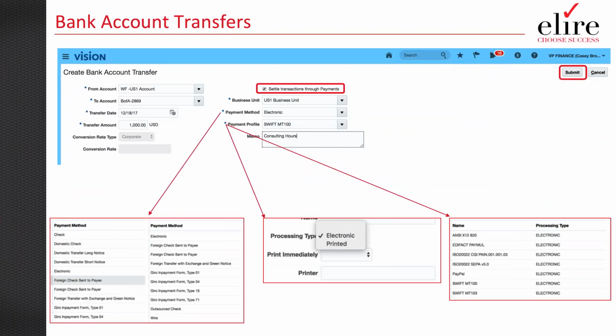First and foremost, we want to talk about bank account transfers. The easiest way to think about bank account transfers is that it's really a book transfer between any 2 of the accounts your entity has defined within the application. So if you're Elire Inc., you might have multiple external bank relationships, but you have a need to fund across banking structures. One of the things that we find is that many users, both in Oracle Cloud and other Oracle applications, whether it be PeopleSoft or EBS, or even if we go the software-agnostic route in the ERP realm, tend to find a strong need for these bank account transfer pages.